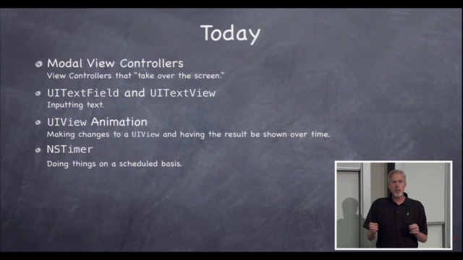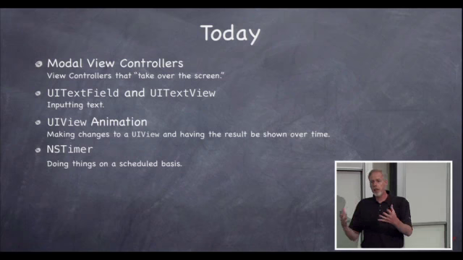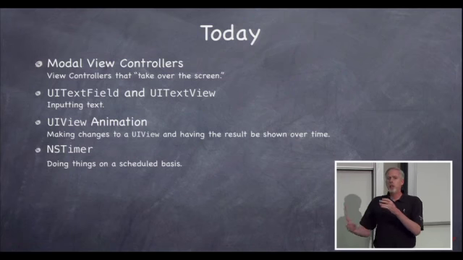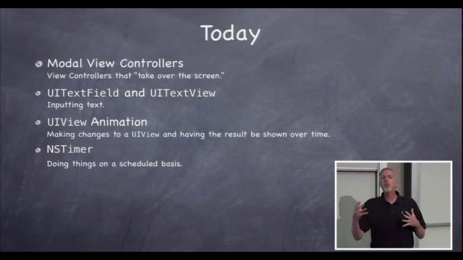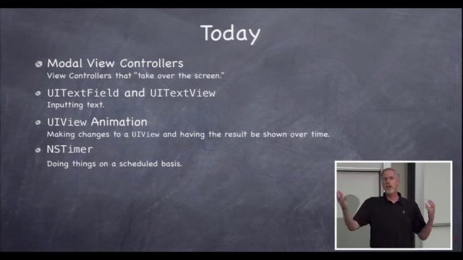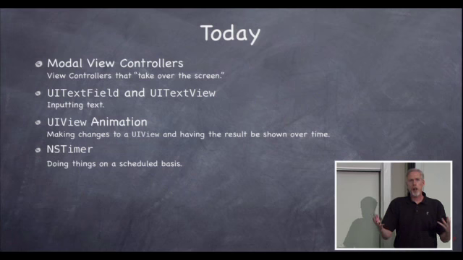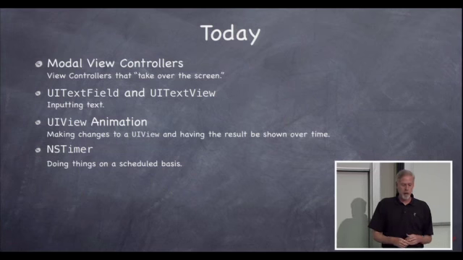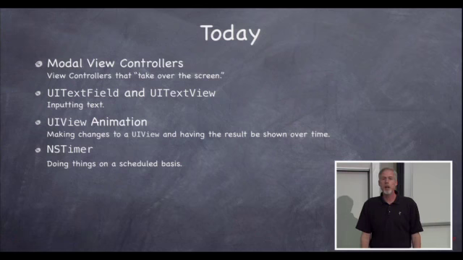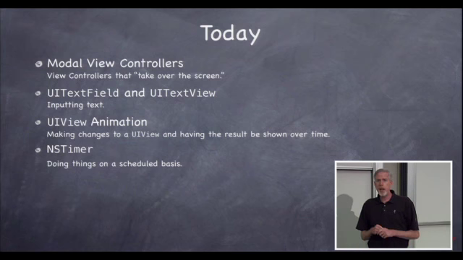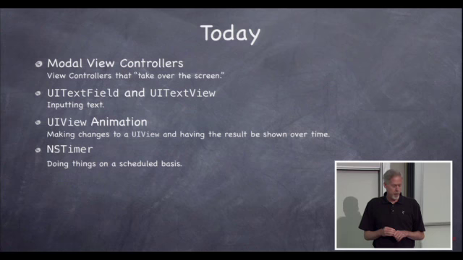The UI view animation, this is a kind of fun thing to add in your final project, where if you've got things changing on the screen, instead of just moving around or transitioning with segues and having abrupt changes, you can move smoothly and have things sliding in and out and all that stuff. You see that a lot in iPhone apps and iPad apps, and it really makes for a better user experience. It kind of keeps them grounded. Instead of things jumping in front of them, things are moving smoothly. So we'll talk about how to do this. Surprisingly easy to do. And then we'll also talk about NS Timer,